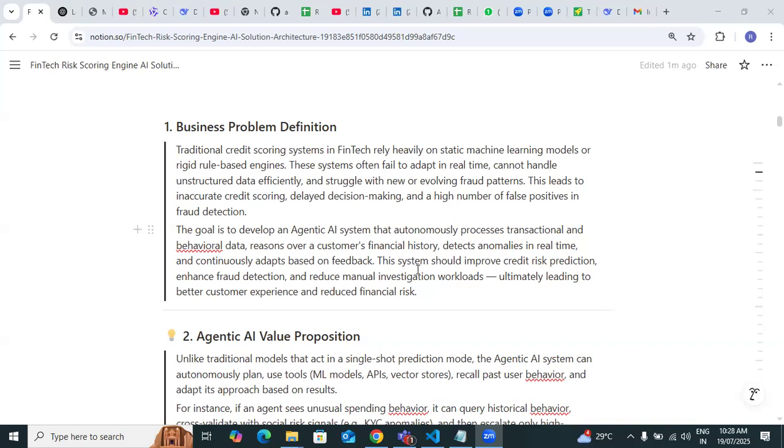In the current industry scenario, around 80% of data is unstructured. Machine learning models cannot handle unstructured data, so they struggle with new evolving fraud detection patterns. This leads to inaccurate credit scoring, delay in decision making, and a high number of false positives in fraud detection. So the goal of developing this agentic AI fraud detection is to autonomously